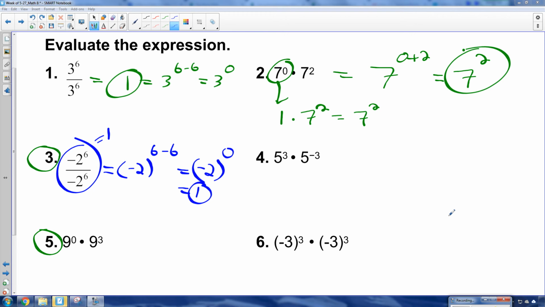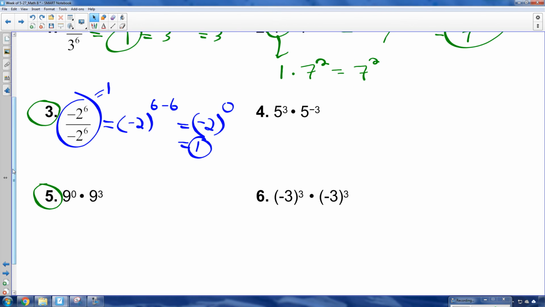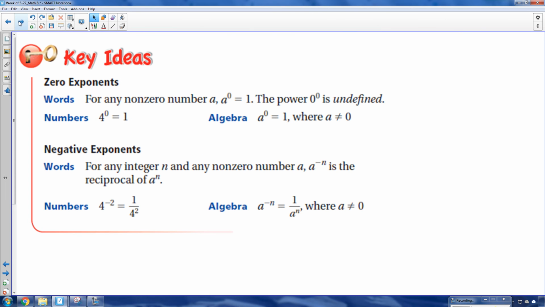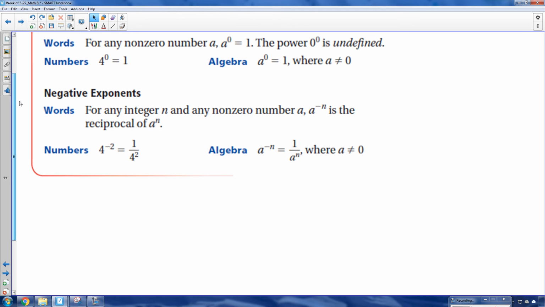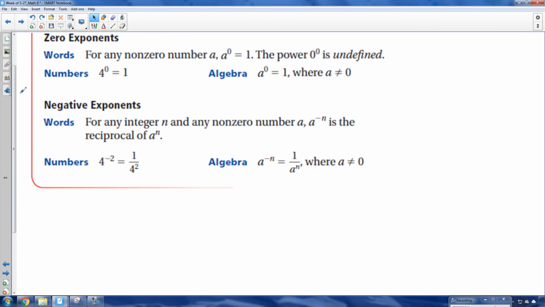The answer to 5 is 9 to the third. Hopefully you got that. We are continuing on. So I want to make a couple of points here that are pretty important. This is saying that anything to a 0 exponent, except for 0, because that's not a real thing. It's undefined. This is something that they try to cover in higher up math. Anything to the 0 power is